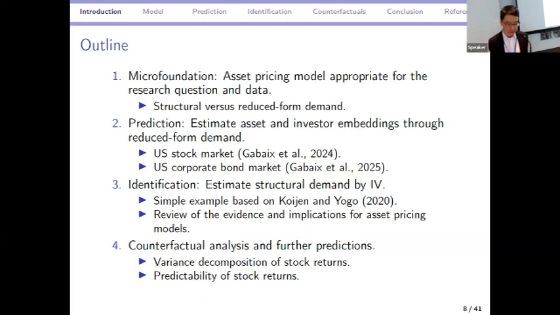And when you do counterfactuals in the fourth step, you're not allowed to just say, this is my estimate and this is the counterfactual. You can actually test your counterfactuals out of sample. We have a very simple example of that in the JF paper where we try to predict returns out of sample to confirm that the structure that we estimate has some predictive ability.